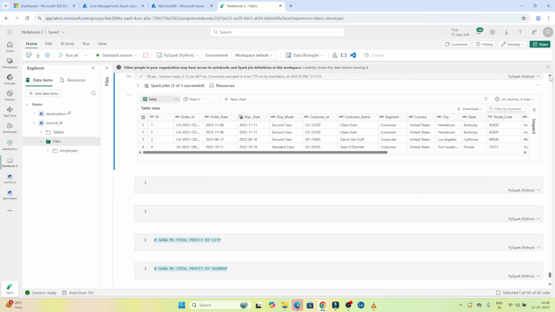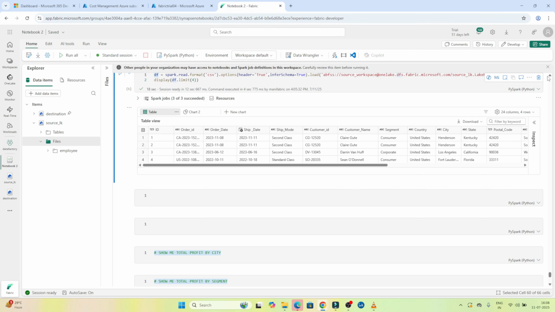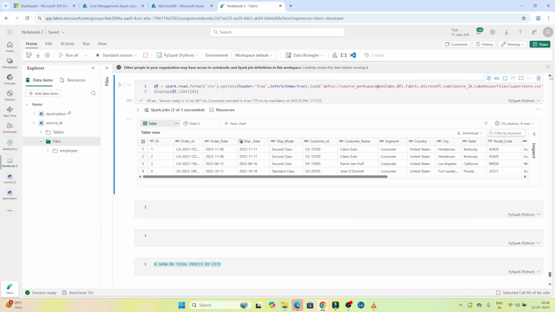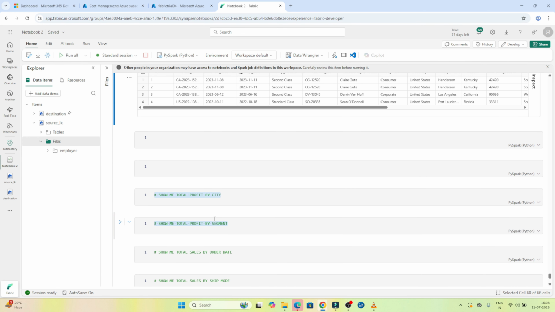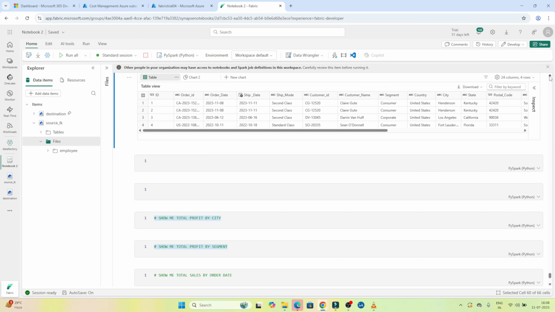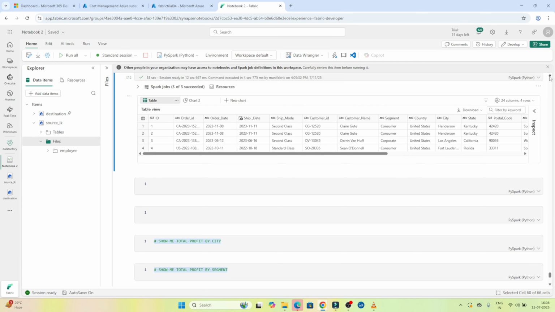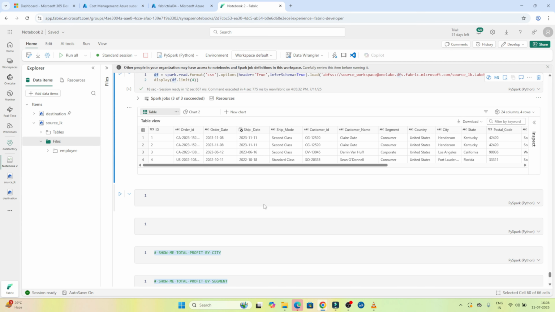That only we are going to discuss. So let's see what actually we'll do. We'll try to continue Spark SQL. We'll try to do some analysis like what is the total sales by city, what is the total profit by segment, what is the total sales by order date, what is the total sales by ship mode. This kind of analysis we do in real time also. The same kind of analysis let's try to do, and let's try to show the result in the form of a visualization. So what I will do, I will use a SQL query only